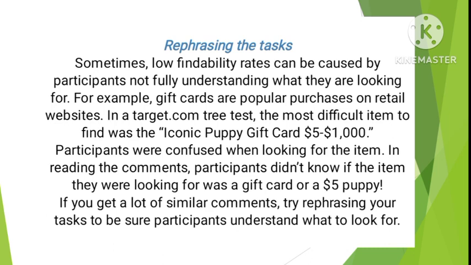Participants were confused when looking for the item. In reading the comments, participants didn't know if the item they were looking for was a gift card or a puppy worth $5,000. If you get a lot of similar comments, try rephrasing your task to be sure participants understand what to look